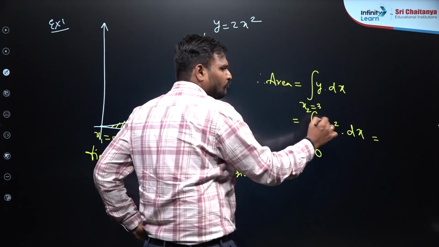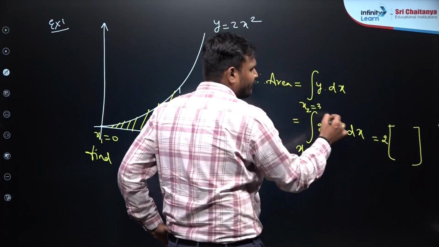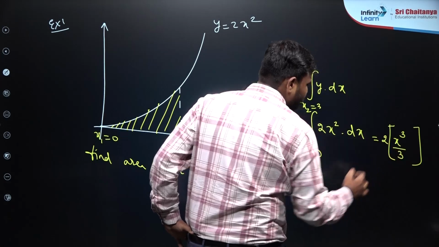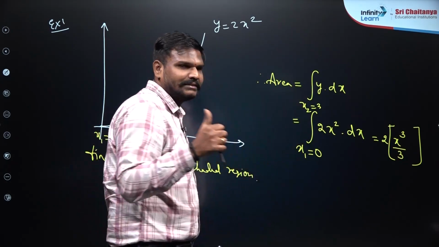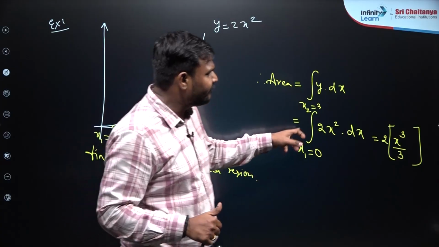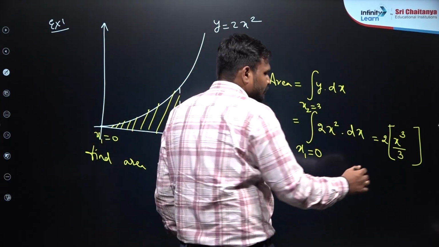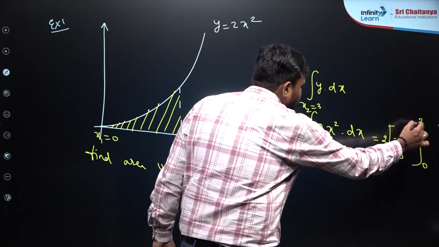So constant into variables, keep the constant outside. x square, that is x power n, so x power n plus 1 by n plus 1. And whenever there are limits, we call it definite integration, and in definite integration there is no need to put plus c because anyway it is going to become 0. So directly the answer would be, keeping the constant outside,